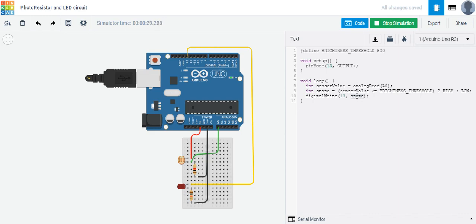As we all know, the analog value can vary from 0 to 1023. I have taken a threshold value of 500. So that means when the voltage divider gives me a value which is less than 500, at that point of time I am going to light up the LED. If the divider circuit gives me a value which is greater than 500, then I am going to switch